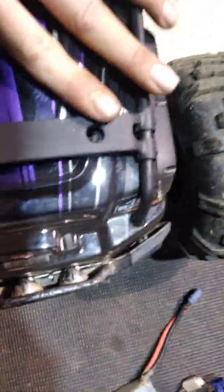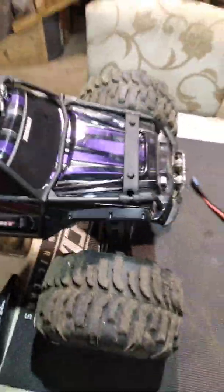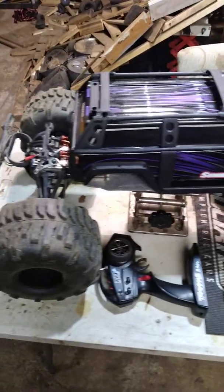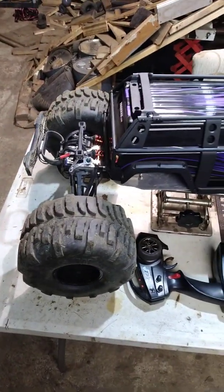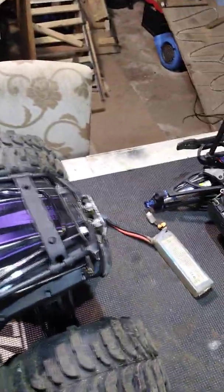So, I figured, just for looks, line up these front body posts. Sorry, kind of hard to do one-handed. Alright, so there's the Summit body, and you can tell that there's a decent amount of stretch that's left over. So what I was thinking of doing is...